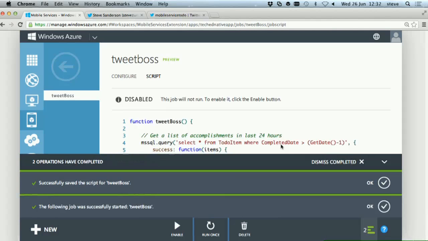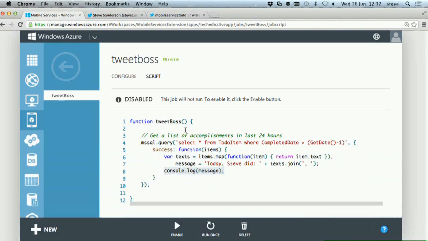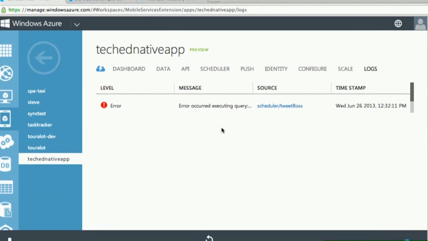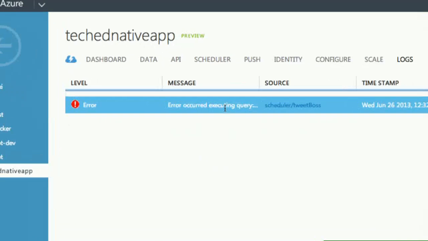Run once is just to test this now button. So I'm testing that by running it. And I'll go and find where the console log messages appear. They appear on this logs tab here. So if I go in there, we'll see, oh, look at that, I've got an error. So the console log is a really good way of finding out when you've done something wrong. Really helpful when you're in the middle of a presentation.